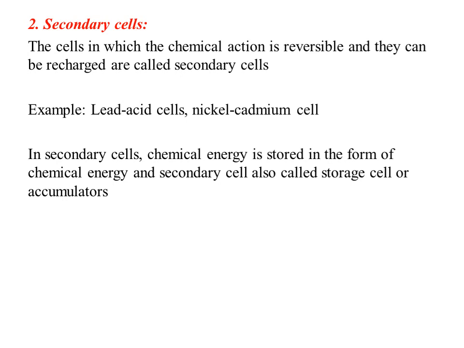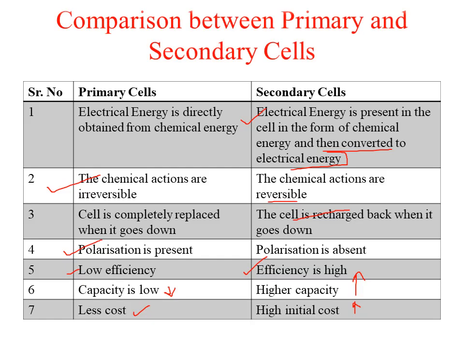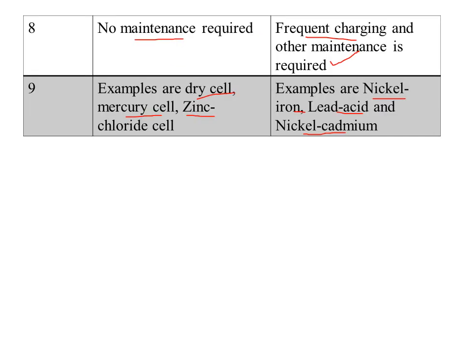The secondary cells can produce a large amount of energy, and the most commonly used secondary batteries are lead acid batteries and lithium ion batteries. Now, we will be discussing the comparison between primary and secondary cells. So, the primary cells are the cells in which electrical energy is directly obtained from the